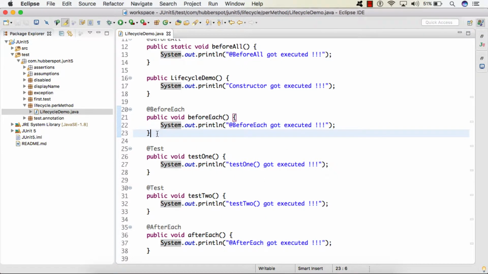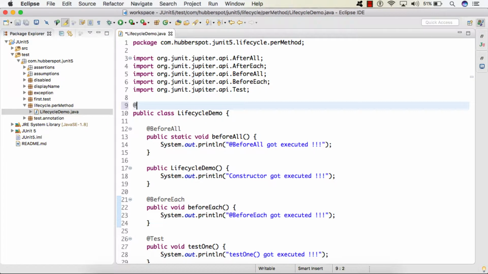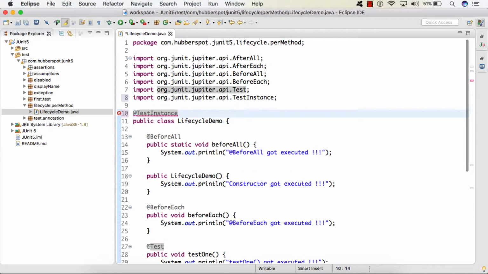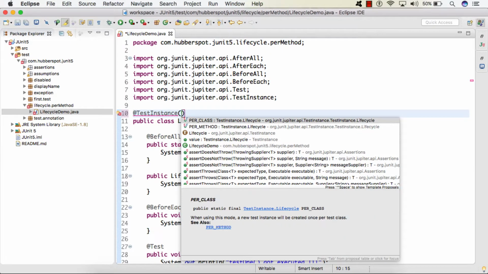Here we are seeing the demonstration of the lifecycle of a test class when it is executed in per method mode. On the class, we simply provide @TestInstance, and inside it you can see it takes two values, either per method or per class. In this lecture, we will see how these lifecycle hooks are executed when we are using per method mode.